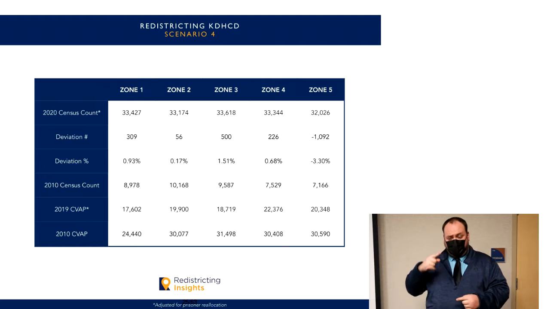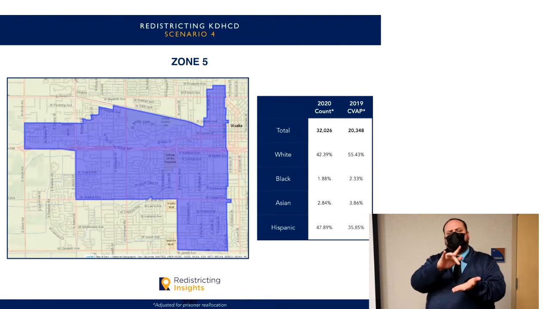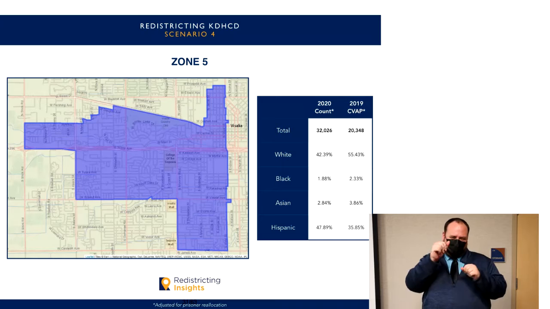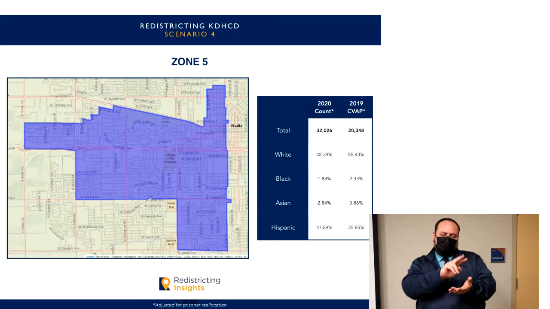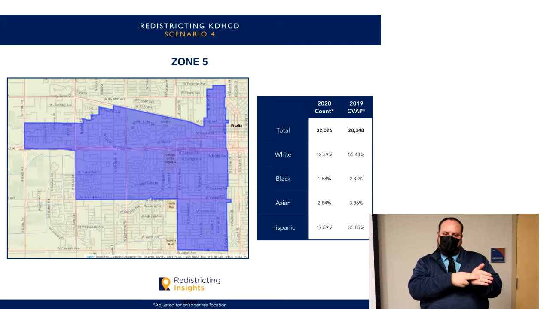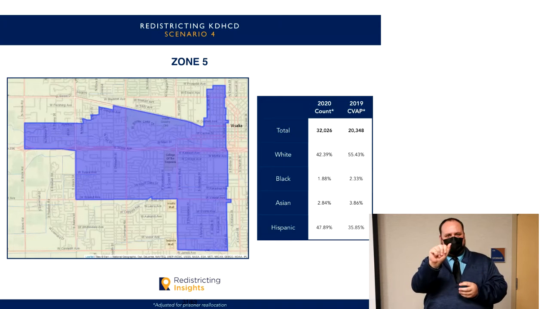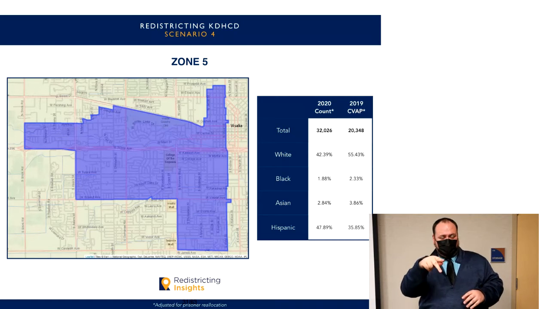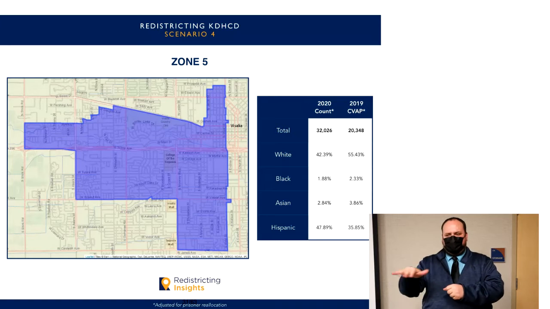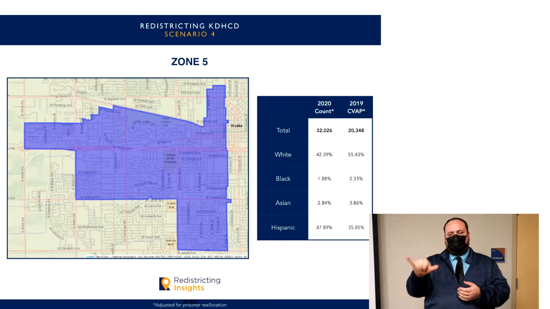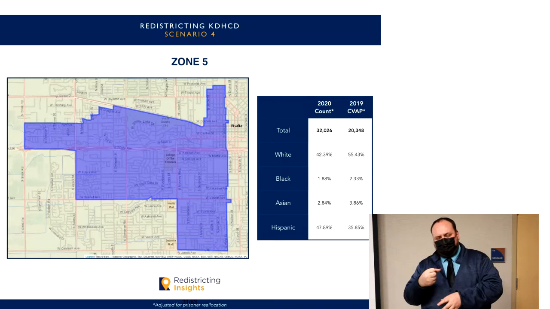For this one, let's start in the center. You can see this is a very central Visalia district, labeled District 5. Again, it matches about the higher deviation that we saw in one of the previous drafts, 3.3% over, 35.85% Hispanic CVAP, and takes in most of this, surrounding the College of the Sequoias area and reaches a little bit south down here, going down to Avenue 280.